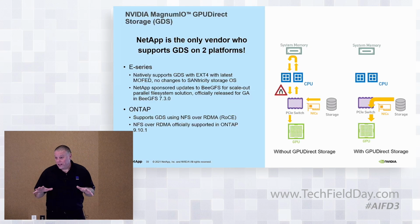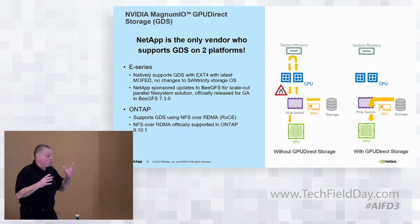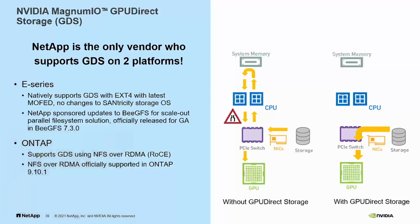One last thing, I don't know if anybody is familiar with GPU Direct Storage. The one thing I want to point out, we're the only vendor who supports it on two platforms. Both our ONTAP systems support it and that E-Series system with BeeGFS. We had to do a little development work with ThinkParQ to actually get that code into BeeGFS, but that has been released and is GA. And then on ONTAP, we can support GDS using NFS over RDMA starting in ONTAP 9.10. And then we've got some more features and enhancements that are coming on the